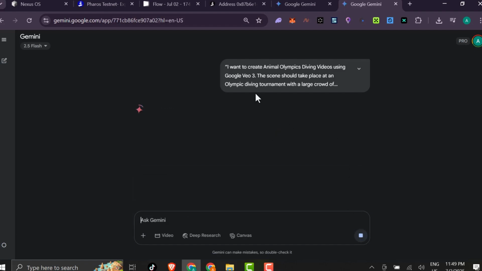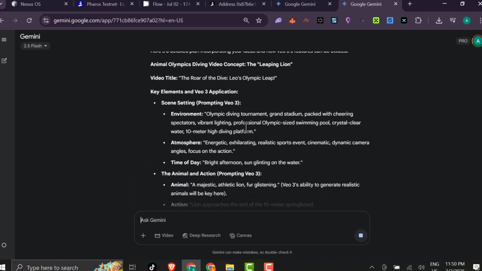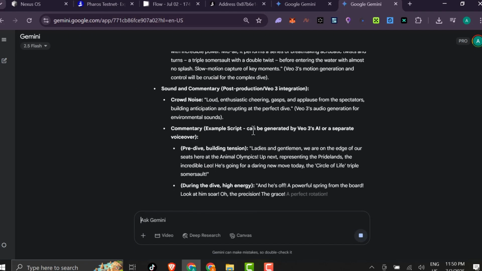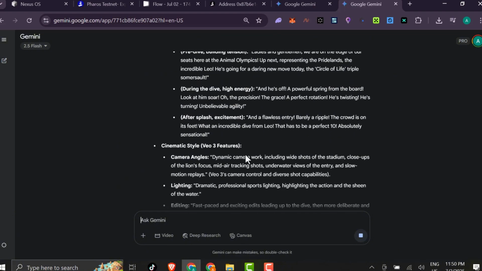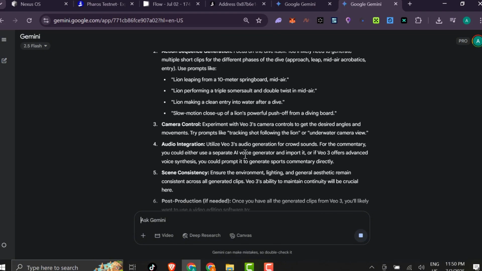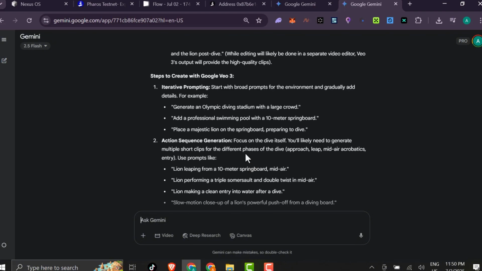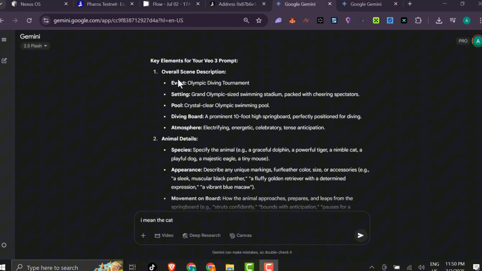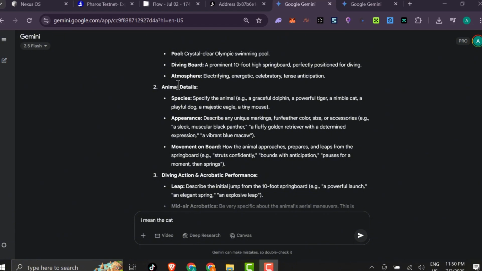Gemini will suggest a full, detailed prompt you can use right away or tweak a little. It doesn't just give you random lines. Gemini starts by giving you a quick overview of what's happening in the video. It tells you where the scene is taking place, like a stadium, jungle pool, or Olympic arena. This helps set the mood and gives Google Veo a clear idea of what kind of background and environment to